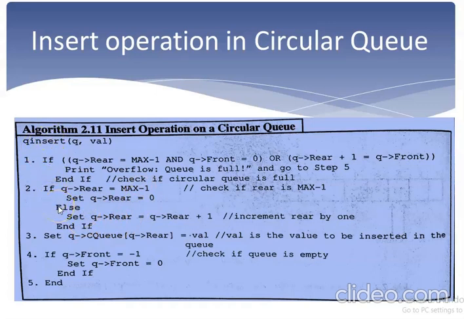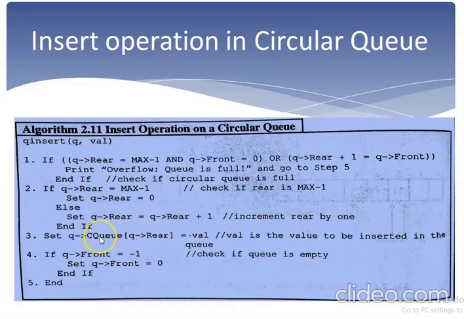Will it be blank? Yes, according to this condition, there is space left. So it has to be made pointing to the front of the queue. So rear is 0. Otherwise, if it is not max minus 1, what we have to do? We have to just add 1 to that index and move to the next location. After making this rear pointing to a valid location or empty space, we can assign this value to that location.